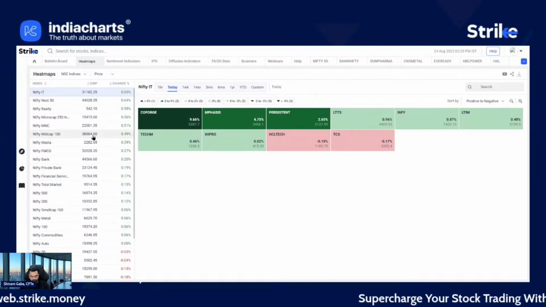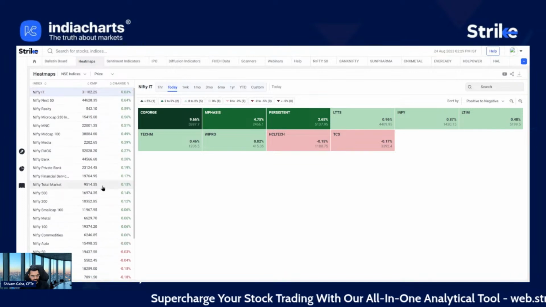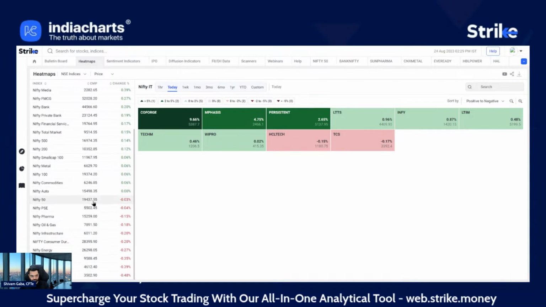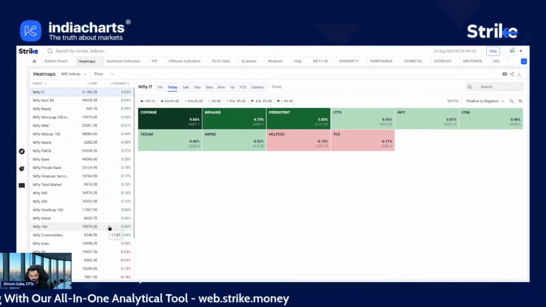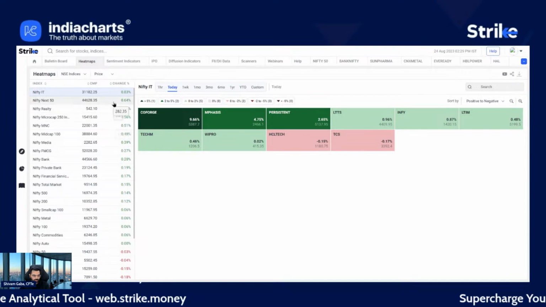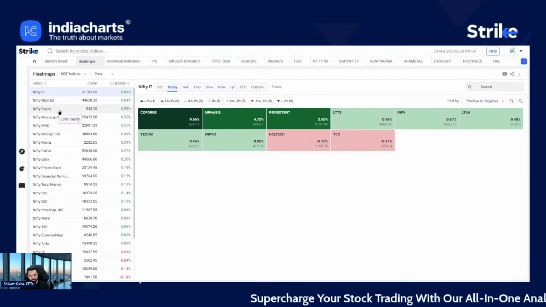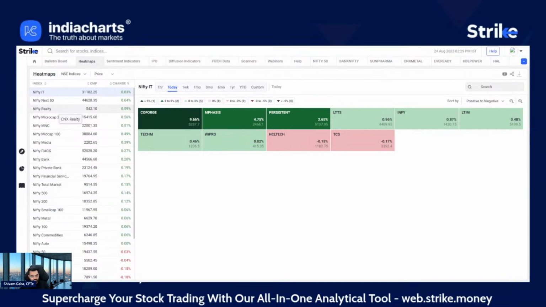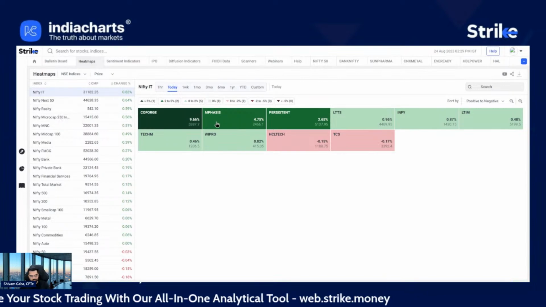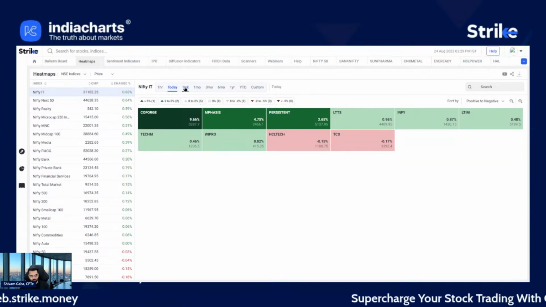So going to today's performance, you can see it's largely flattish. I would say half of the indices are trading less than 0.5% down, and the same on the upside. Very few, that is IT, Nifty Next 50, and Nifty Realty, are the only three indices that are up more than one and a half percent. And in IT, Coforge and Mphasis have taken the lead. So IT itself looks to be leading today,